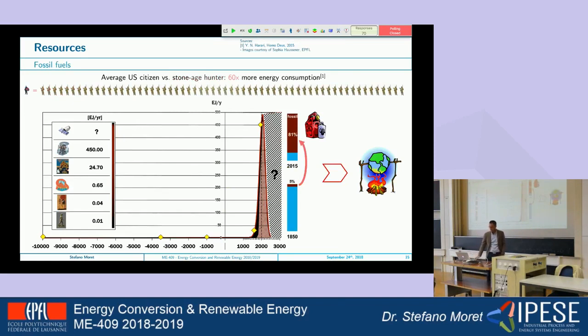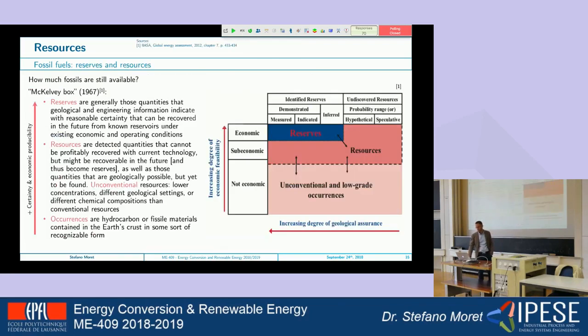So, as Francois mentioned, humanity has remained at more or less the same levels of energy consumption for thousands of years. Now, the recent development was mainly driven by fossils. If you look at the growth in energy consumption and the growth of fossils and most of the human development indexes, they go together. The problem is that all this has caused climate change. So one thing that we can wonder is how much fossil fuel do we still have? So how long can we go on with this rate of consumption? And to do this, we need to introduce a couple of definitions.